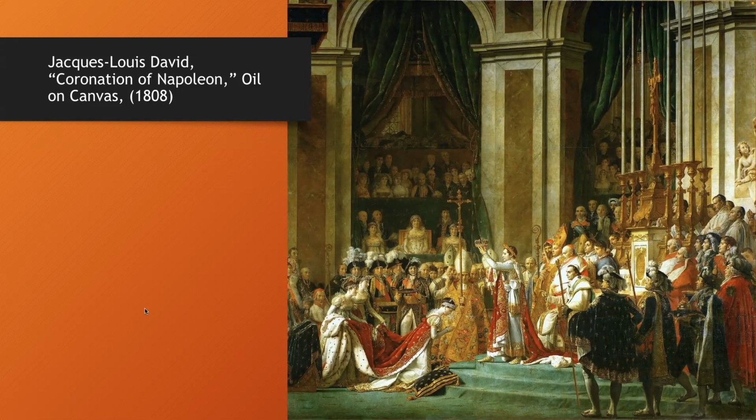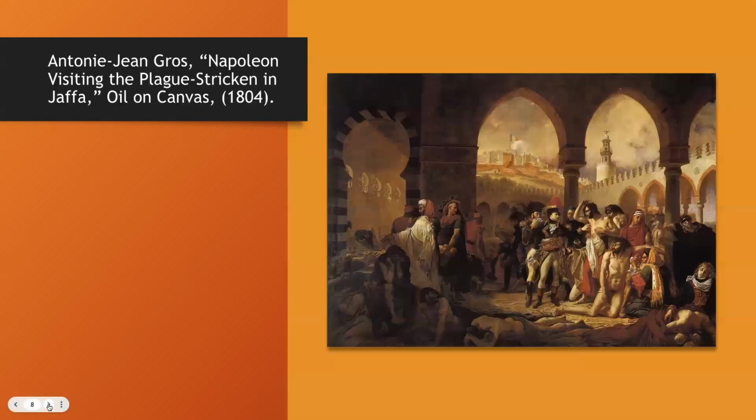And I should say it's not just characteristic of these images produced during the Napoleonic era, but rather you see this throughout many pieces of artwork. And I even point out many of these within my U.S. history classes, especially when looking at images like Washington Crossing the Delaware and so forth. But anyways, the next image that I want to turn our attention to is going to be an image